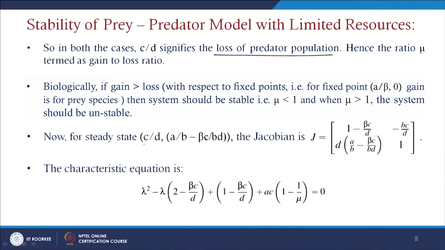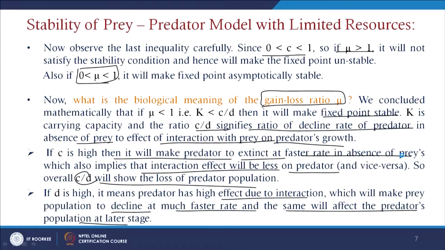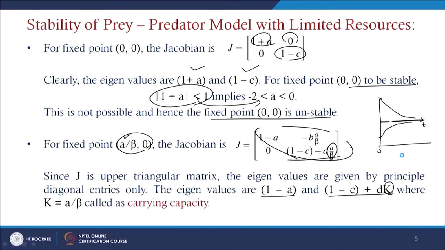And for the steady state, if you just assume this point as C by D, A by B minus beta C by beta D, the Jacobian can be written as 1 minus beta C by D minus B C by D, and D into A by B minus beta C by B D, 1. If you directly put these points in the equations, which we determined by differentiating